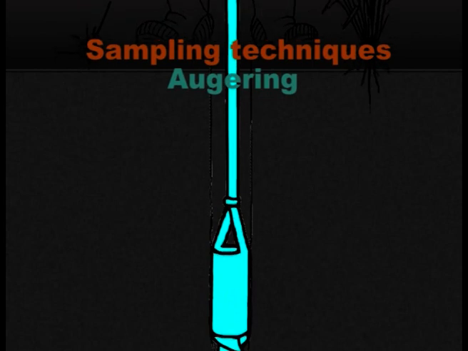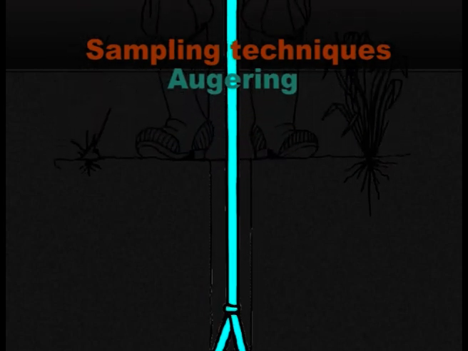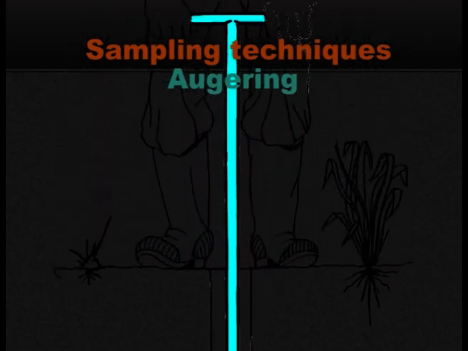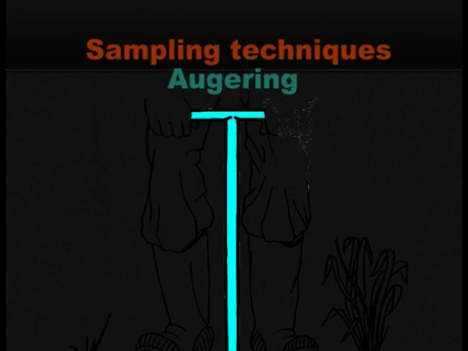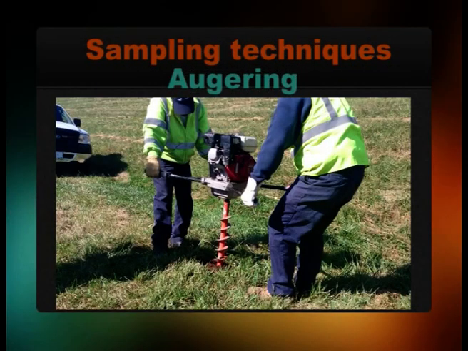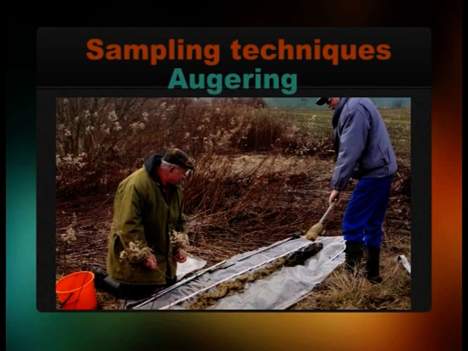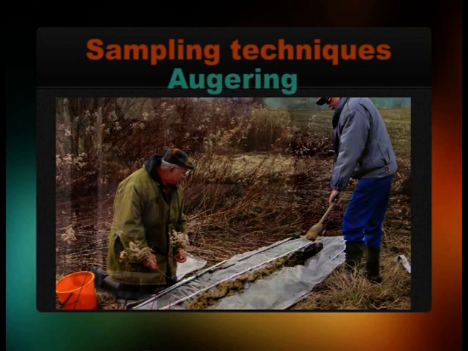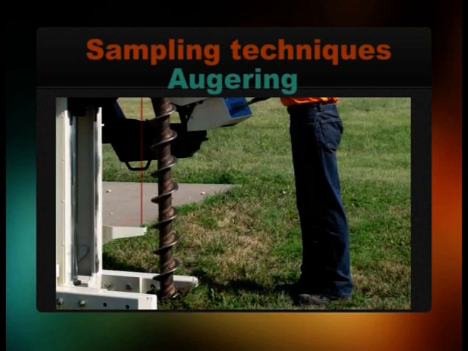Next is augering. Augering is the use of drill-like tools to take small samples or columns of subsurface deposits. These are also known as cores or boreholes. The advantage of hand augering is that it is fairly quick and easy to carry out in comparison to more extensive excavation. It can be used to test the depth of deposits or to retrieve material for further analysis.